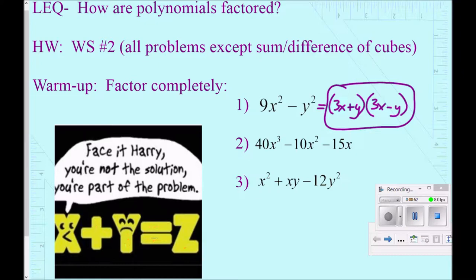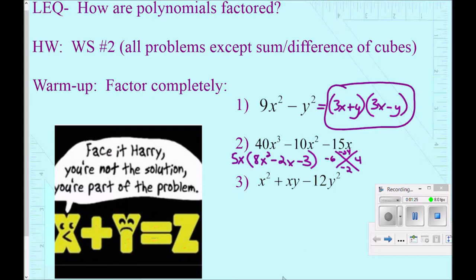Number 2, there is a GCF, so I'm going to factor that out first. 5x multiplied by 8x squared minus 2x minus 3. So then I have to check this trinomial to see if it factors. So I'm going to use a diamond. 8 times negative 3, negative 24, and negative 2 is the bottom. Factors of negative 24 are 6 and 4 that are going to add to negative 2, which means the 6